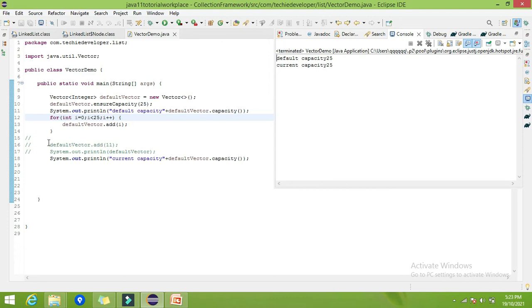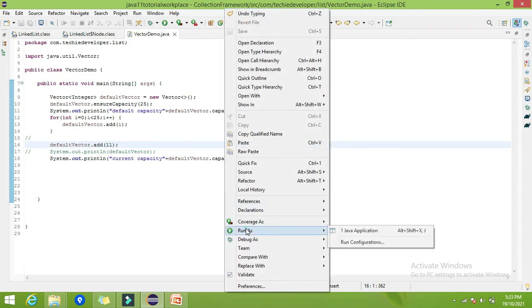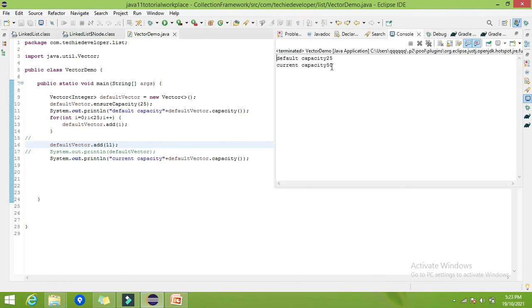But now let me try to add the 26th element. So what will happen now? Yes, it will copy all the elements and it will double. So here you can find the current capacity is 50, because we had given only up to 25 elements. It created an array of size 25, but now we are trying to add the 26th element, so it is doubling its capacity.